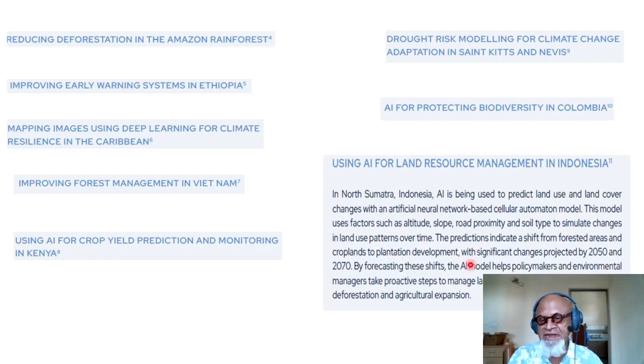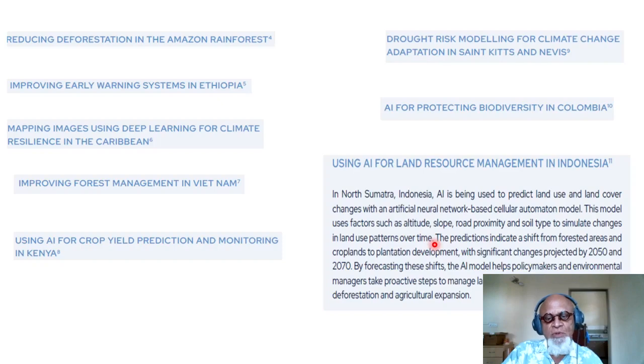The predictions indicate a shift from forested areas and croplands to plantation development, with significant changes projected by 2050 and 2070. And by forecasting these shifts, the AI model helps policymakers and environmental managers take proactive steps to manage land resources and mitigate the impacts of deforestation and agricultural expansion.